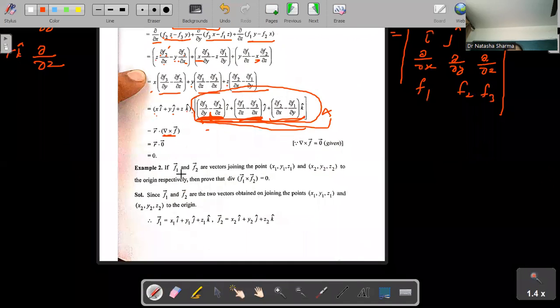Now next, if you see is, if f1 and f2 are two vectors joining the points this and this to the